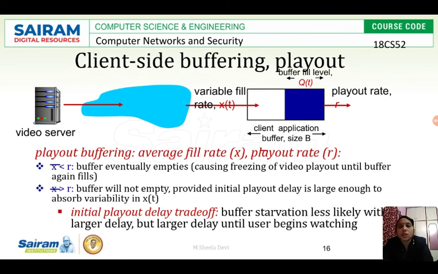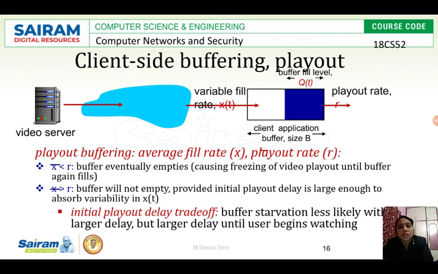If the average fill rate is less than the playout rate, as I said already, the video transmission rate is less than the playout rate, that is the video consumption rate, and the buffer eventually empties.